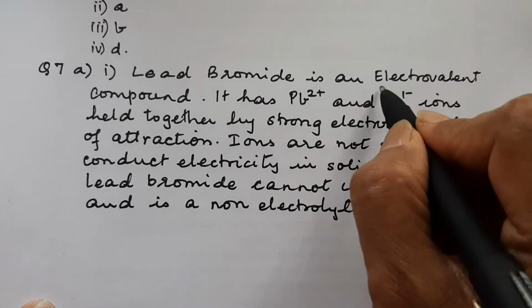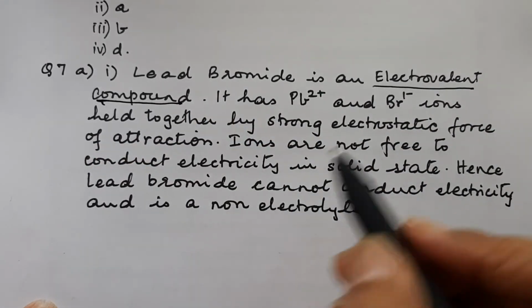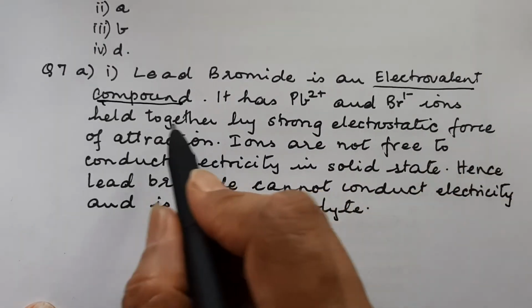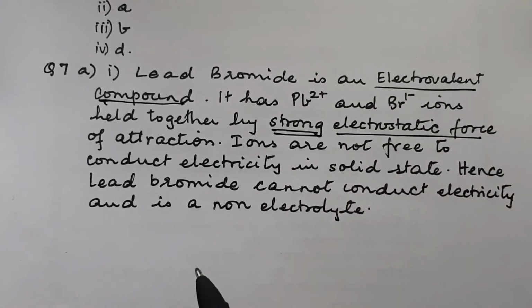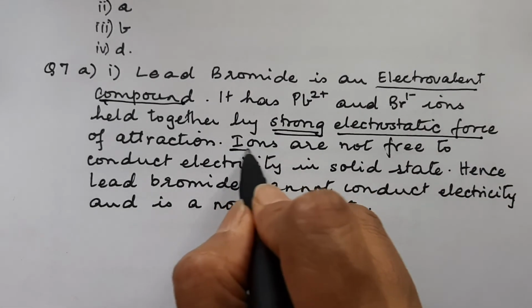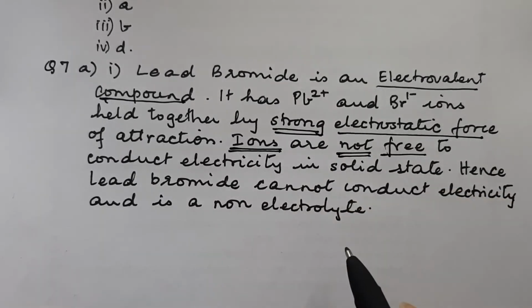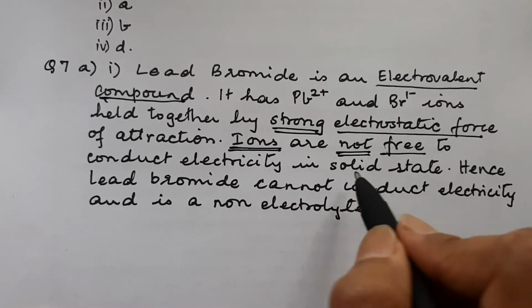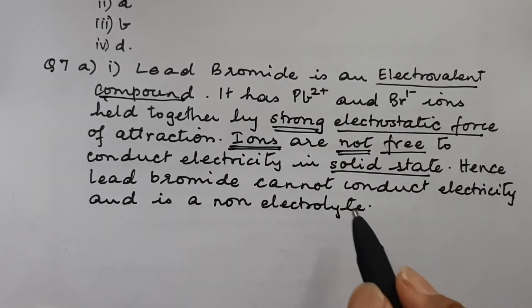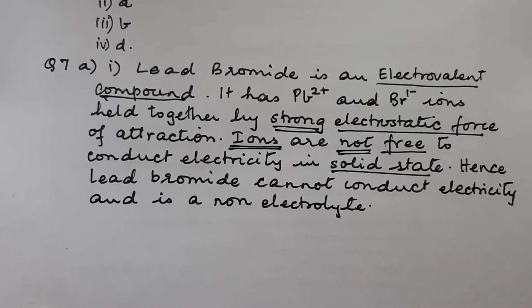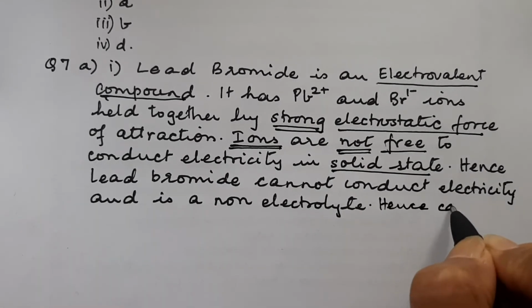Lead bromide is, first of all, we write that it's an electrovalent compound. And so it will have the ions held together by strong electrostatic force of attraction. And so the main important keywords: ions are not free to conduct electricity in solid state. And so it cannot conduct electricity, it is a non-electrolyte. So can we use it as an electrolyte? No. So you cannot use it as an electrolyte. Hence,